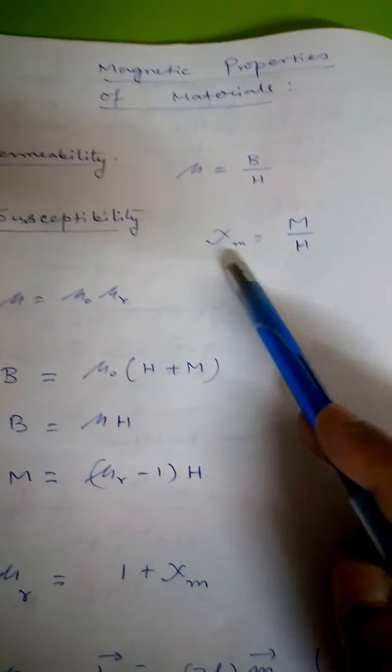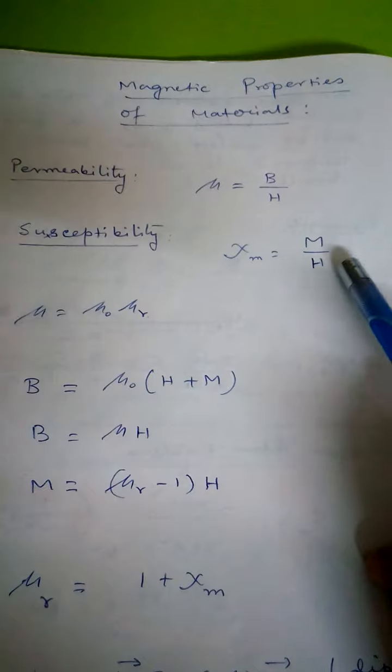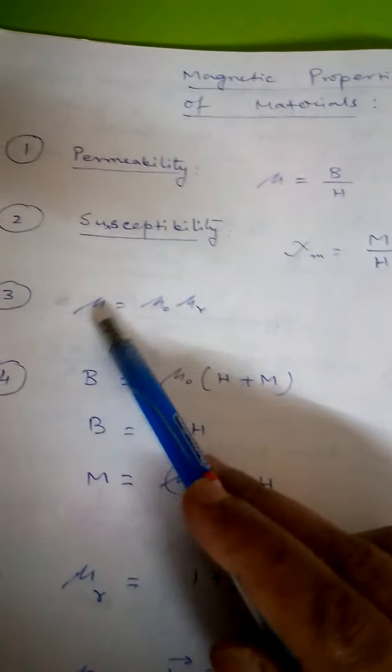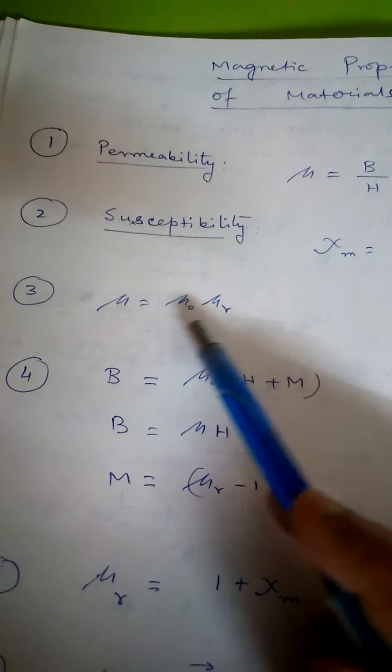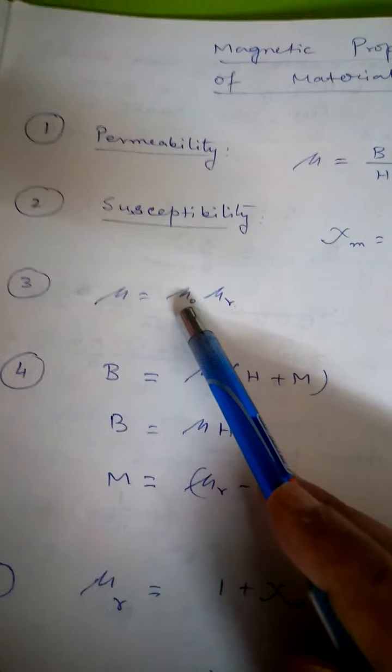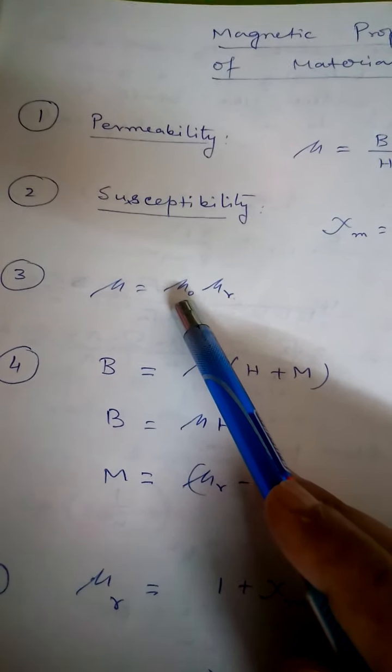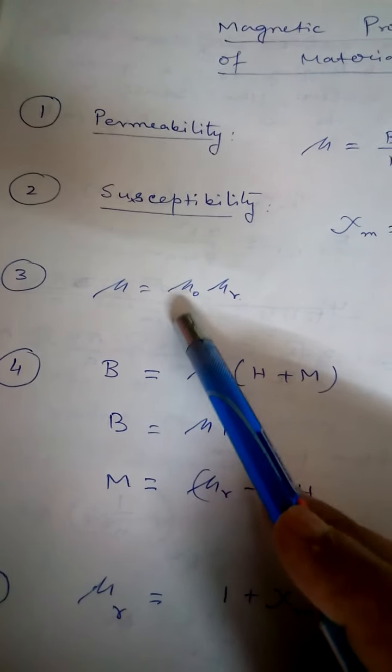Susceptibility, chi m equals M by H. This is the expression of susceptibility. Permeability in general, mu naught mu r. Mu naught is the free space permeability. The value is 4 pi 10 to the minus 7 SI unit, standard value, and mu r is the relative